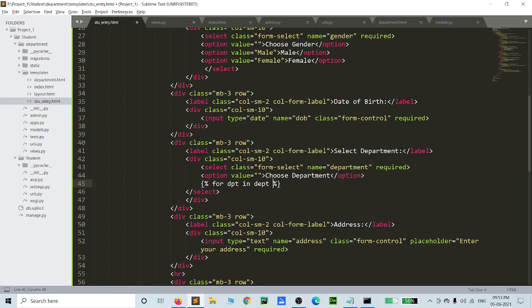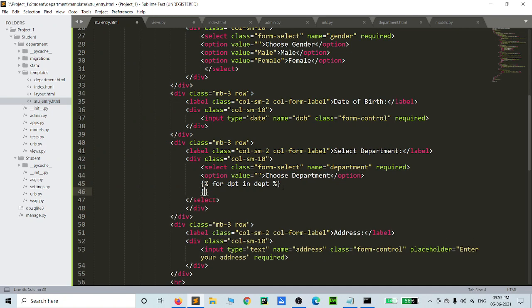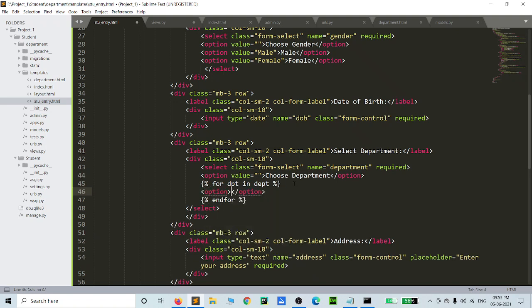Then next we can close our for loop. Before that we go to our option section, then value, we can call dpt dot, fetch our primary key id value, and display the kind of values, dpt dot department values.